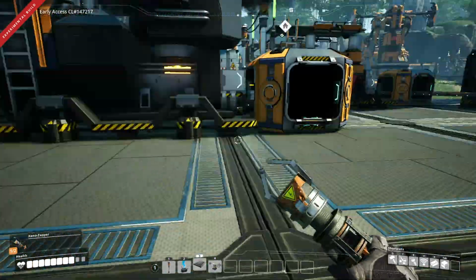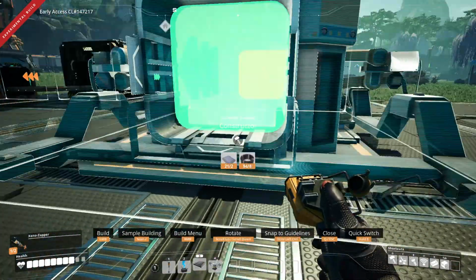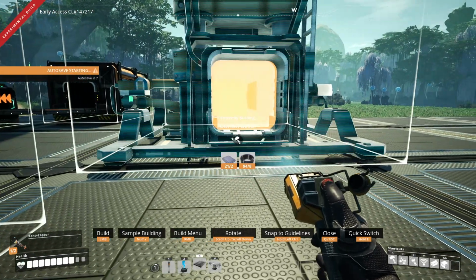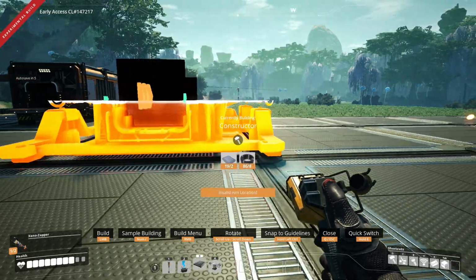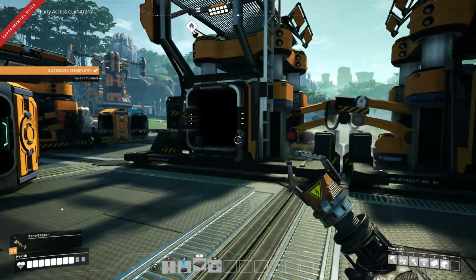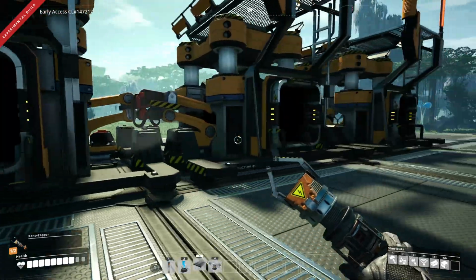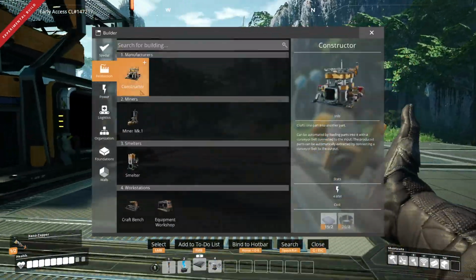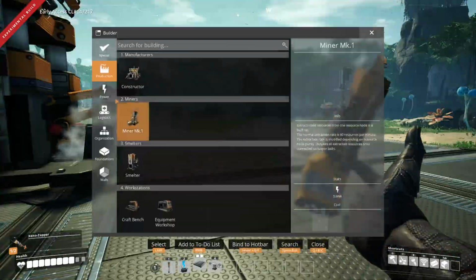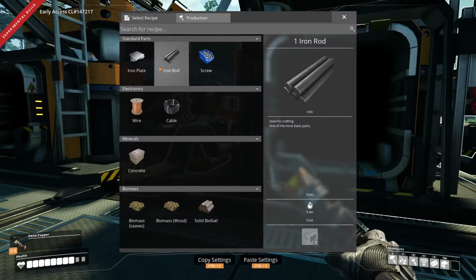Now what we need to do is figure out what we're going to do with this 60 per minute in the way of the rods. And I think I'm going to need 3 of these constructors. 1, 2, and 3. And the reason I think I need 3 is if I remember correctly, yes, they use 15 per. Actually, I need 4 of these, right? Because I'm getting 60 per minute. Yeah, so I need 4 of these. And of course, I misplaced it. Good news is when you deconstruct something, you get all of the resources back from it. There's a no loss